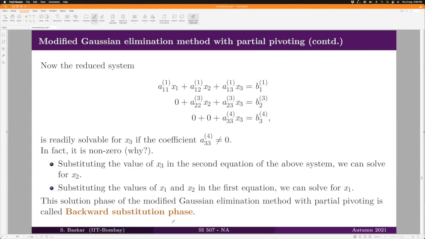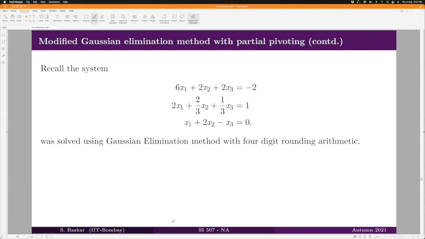Therefore, let us not spend time on discussing that. I hope this partial pivoting technique is clear for you. It is exactly the same as the naive Gaussian elimination, but in every step, we will take the leading column coefficients, take the absolute values of them, and find the maximum of all those numbers. Wherever the maximum is attained, you push that to the leading position, and the leading position equation will be pushed to the position where the maximum is attained. And then the rest of the steps will be the same as the naive Gaussian elimination method.